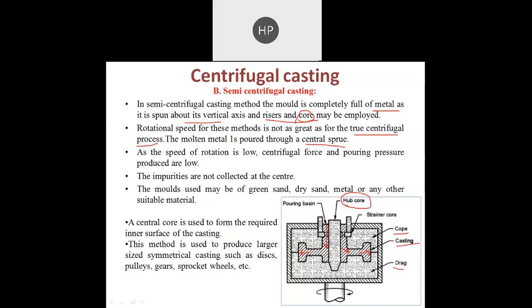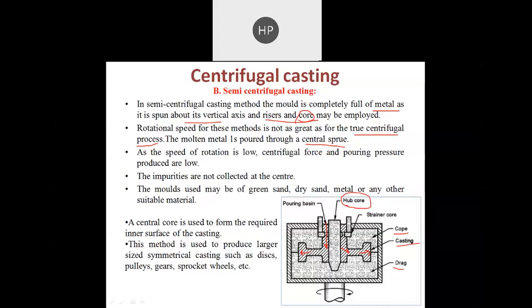And as the rotation speed is low, the centrifugal force and the pouring pressure are comparatively low as compared to true centrifugal casting, because the centrifugal force and the pouring pressure both depend upon the rotating speed of the mold. So here it is low, so the centrifugal force generated is slightly low as compared to true centrifugal casting. And in that case, we are not able to collect the impurities at the center,